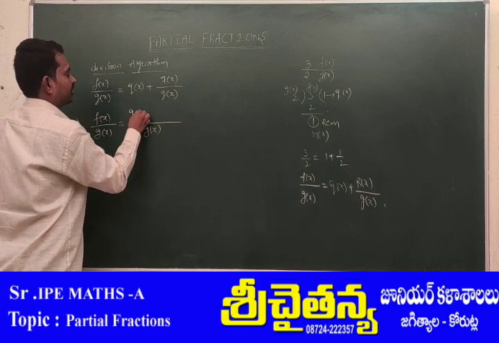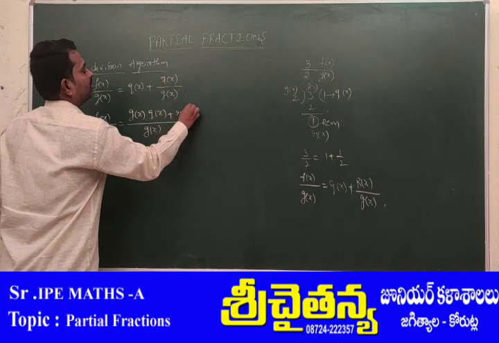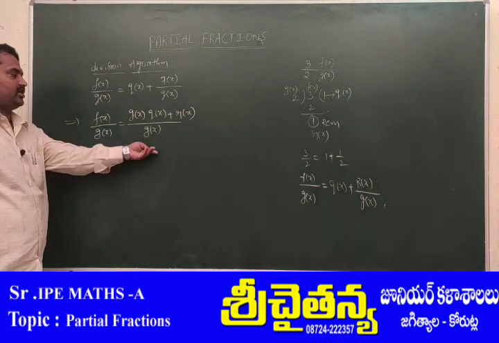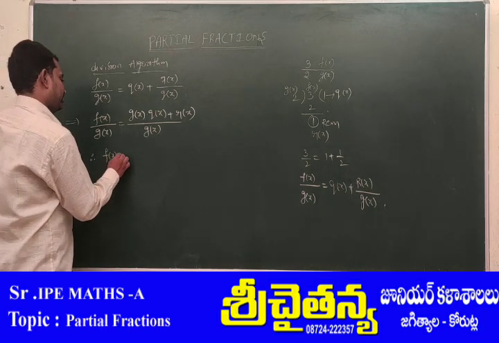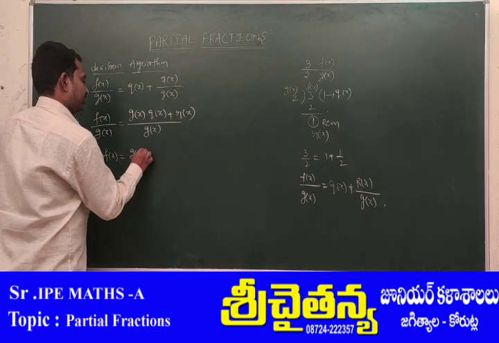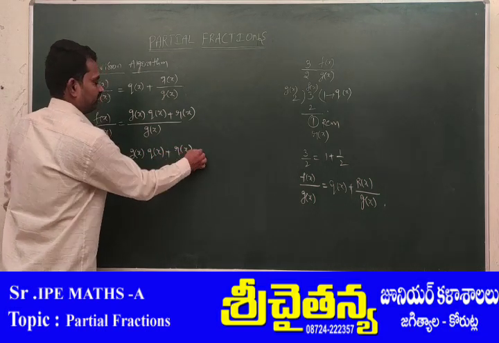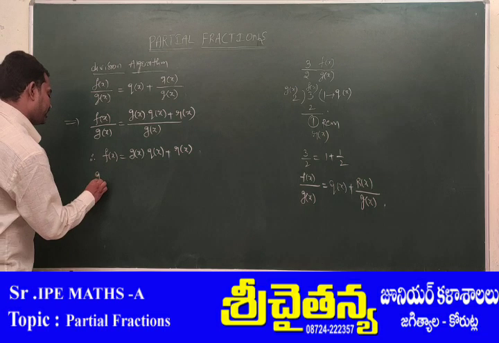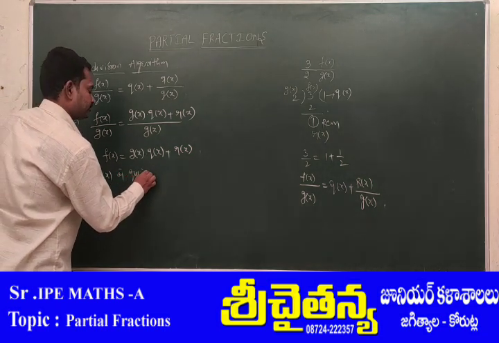Now, g of x into q of x plus r of x. Both sides, which one is common here? g of x is common. Therefore, f of x is equal to g of x into q of x plus r of x, where q of x is the coefficient polynomial